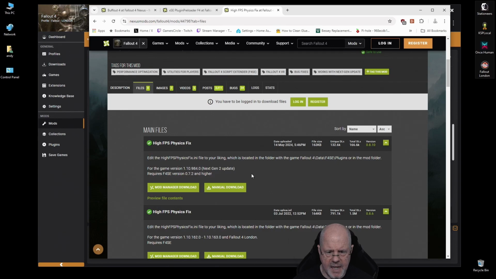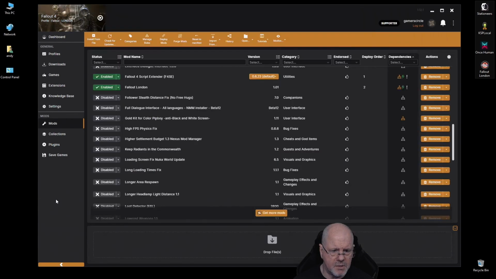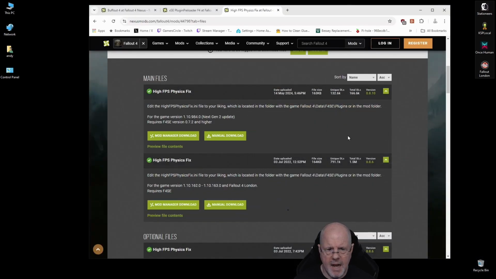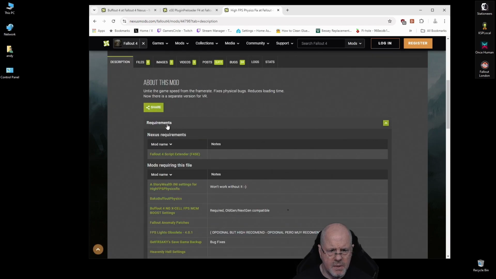So right here, this says next gen. This one says for London. So this is version 086. Let's make sure I have the right one. 086. So I do have the correct one. All right. This has, you just need the script extender. All right. So